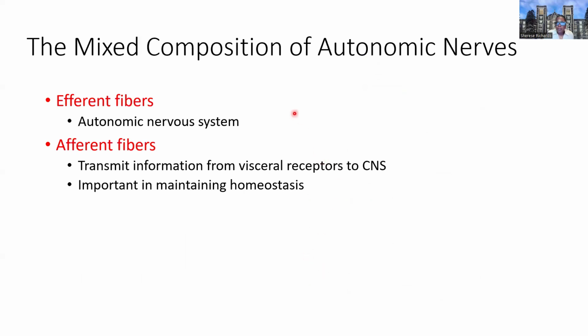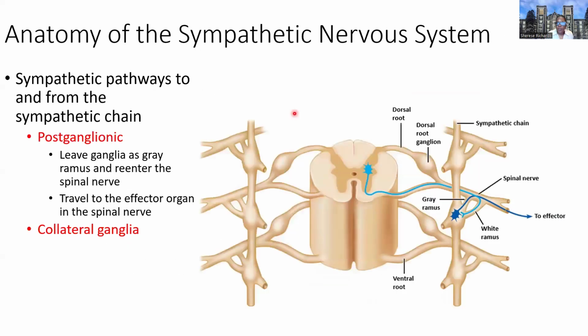We also want to think about the mixed composition of the nerves. So as I mentioned before, we have a spinal nerve. I'm going to go back here just to look at the visual. So here's our spinal nerve, and our spinal nerve is mixed. It has afferent fibers. Afferent fibers are going in the inward direction. They're taking in sensory information from the organs and the sensory receptors, and they're going in towards the dorsal root. So this is going to be an afferent fiber within this spinal nerve.